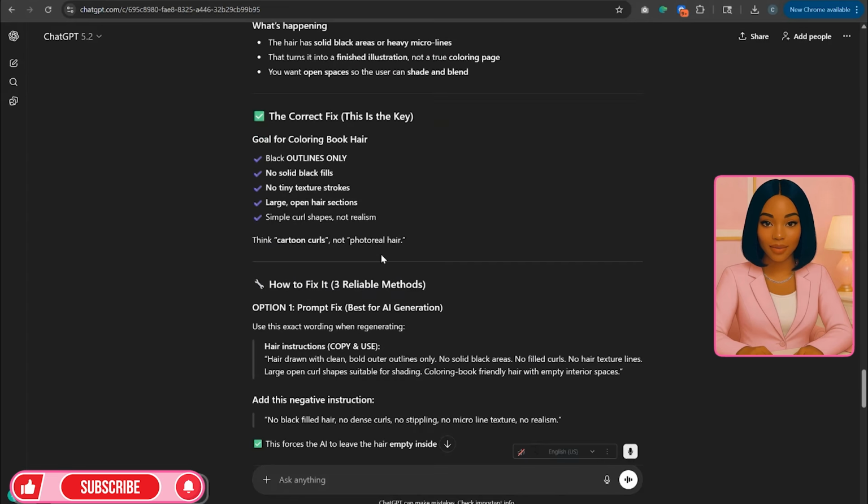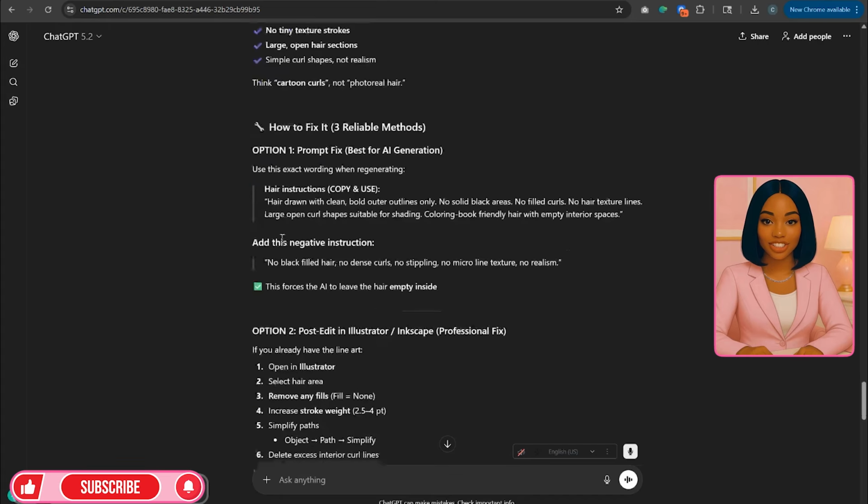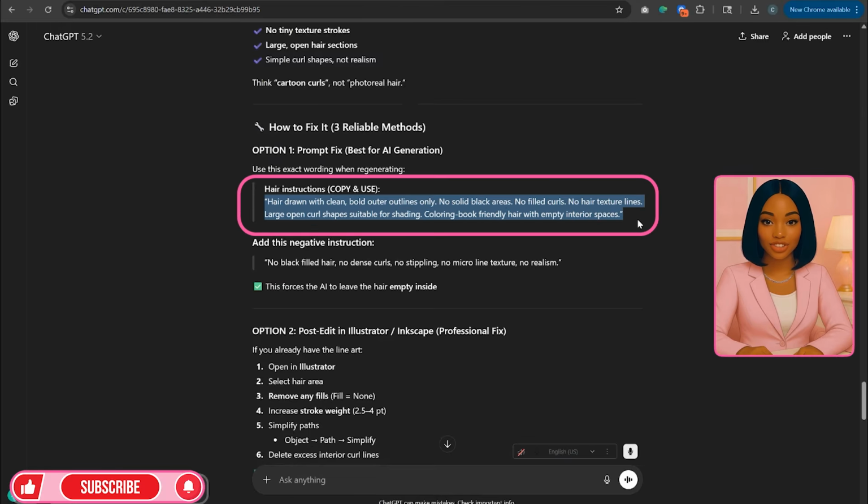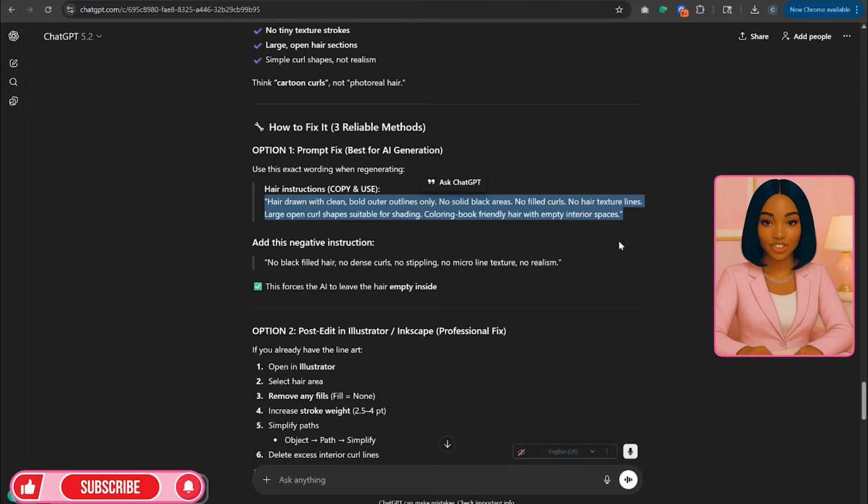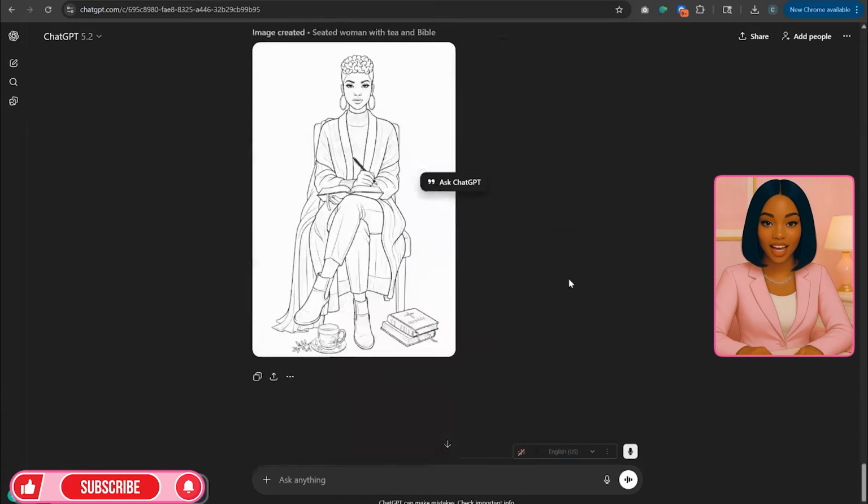They give you step by step how to fix it. And we just simply added this to the actual description inside of the new prompt. And we said, listen, no solid black colors, no fill curls, no hair textures. ChatGPT will tell you exactly what you need to do to fix it. And voila,